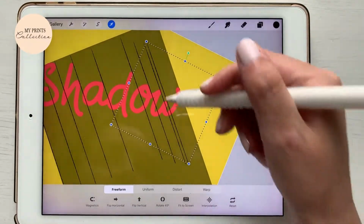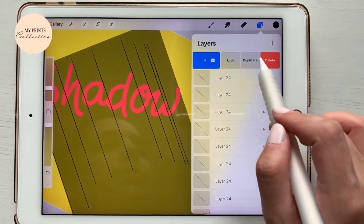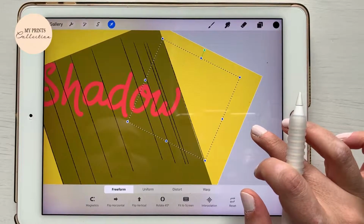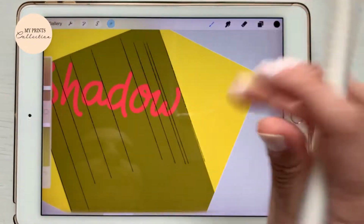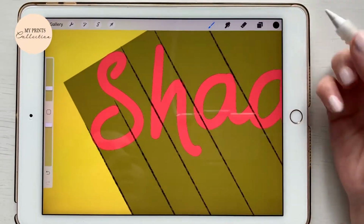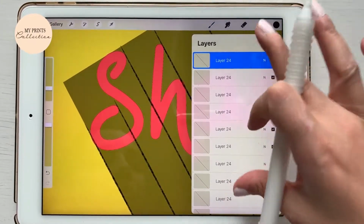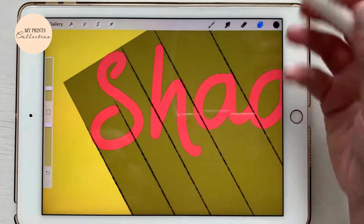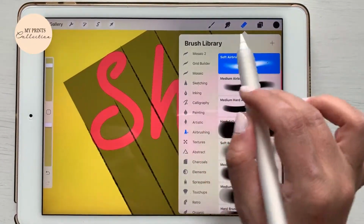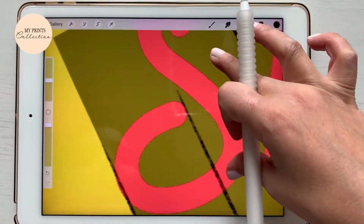Now see this little bit here, we need to adjust it as well. It looks very confusing, but it's very easy and cool to do. So okay, we have our guidelines, and now what we are gonna do is go to our black layer, hit that eraser tool, select a soft brush, see the size, and we are gonna